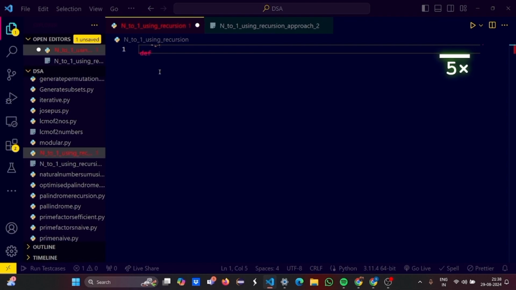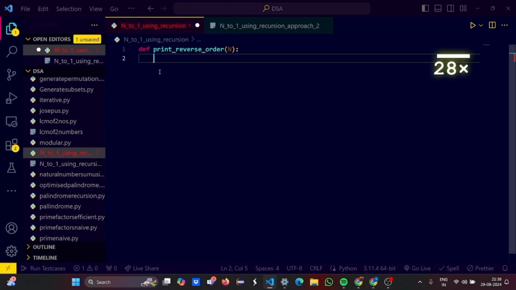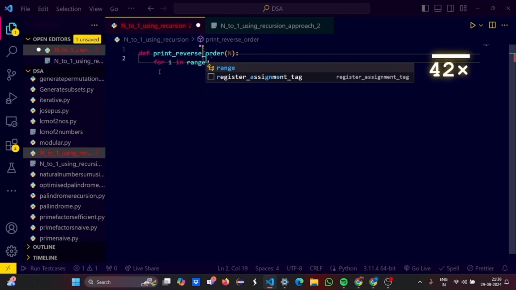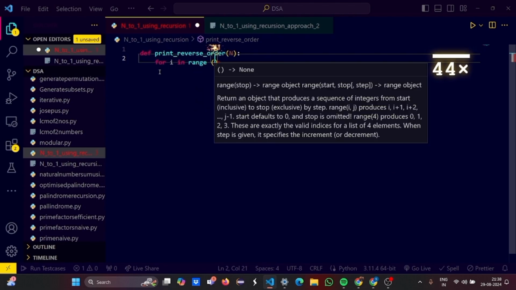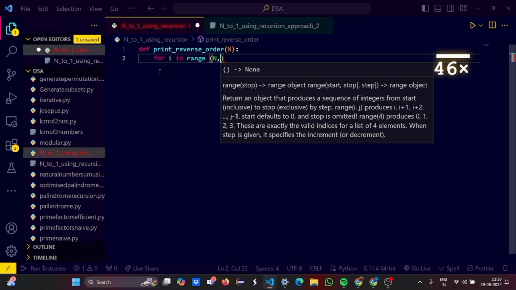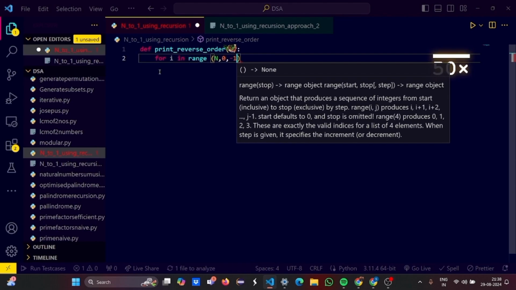So here, in VS Code, let's write the function def print reverse order, with for i in range 10, 0, -1.